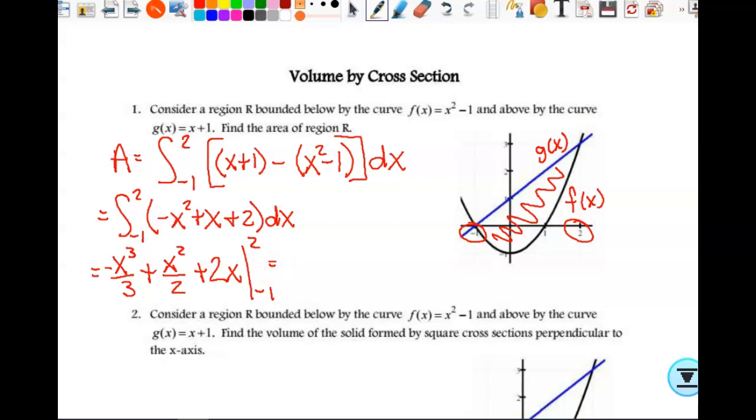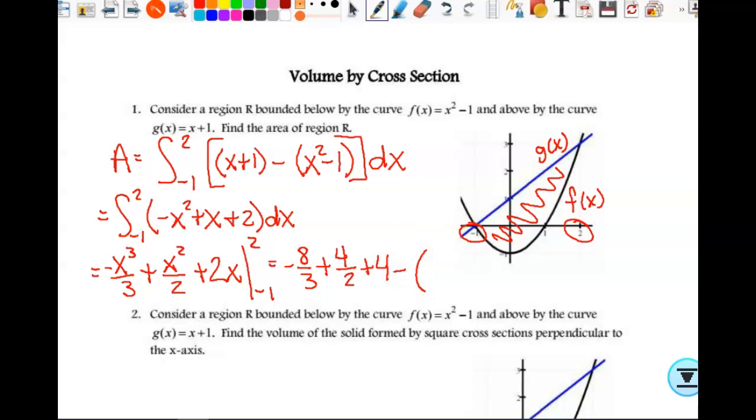So then when I evaluate, I substitute in my 2. That's going to give me 8, so I will get -8/3 plus 4/2. And here's why I wouldn't put this as a 2. Like we did on the last one, sometimes it just makes it easier to combine your fractions. Have you ever done something that simple and done it wrong just because you had a brain fart? Maybe you never have, but some people have. Just leave it, it's a safe stop. And then that's going to be plus 4. Then minus,